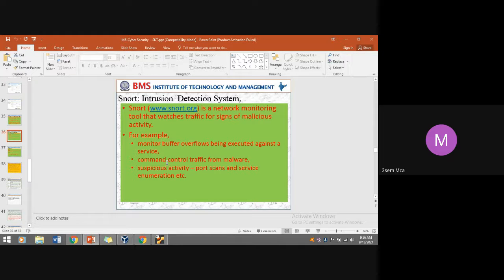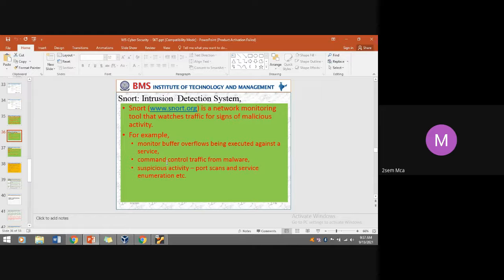Similarly, command and control traffic from malware. Nowadays, attacks are not actually going through GUI-based attacks. Many times, command-based attacks are stronger than GUI-based attacks. So how does the malicious engineer write the code at the command interface, inject it, and bypass the rules of the firewall? Command-based attacks are more vulnerable compared to GUI-based.